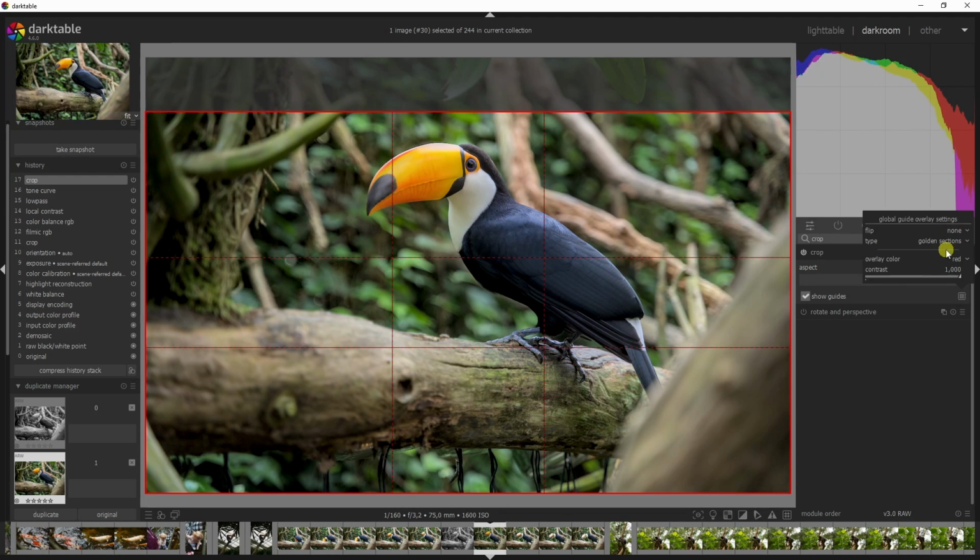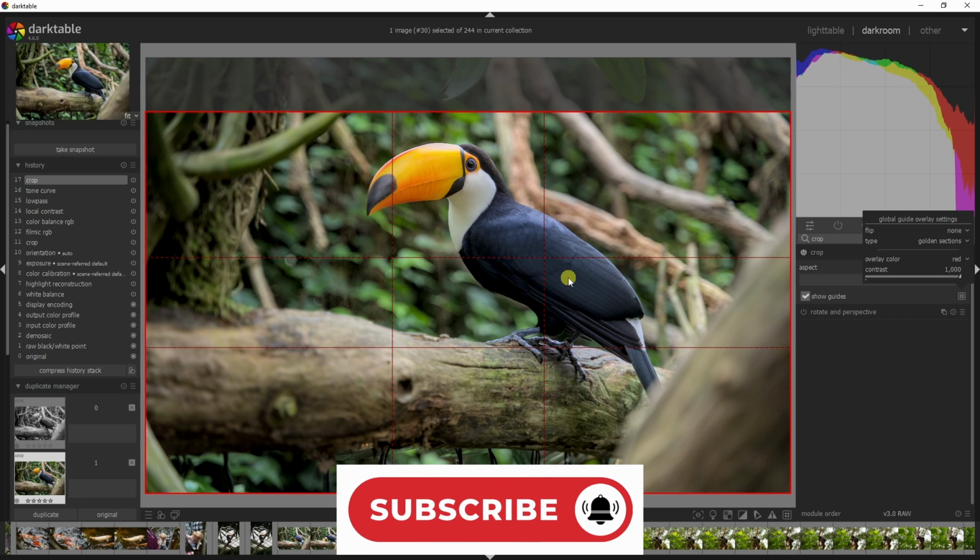And then the next one is golden sections, and that basically looks like the rule of thirds, and this method involves dividing the image using a grid that's based on the golden ratio. So approximately 1 to 1.618. And this ratio is believed to be aesthetically pleasing. The grid typically consists of two horizontal, here we go, and two vertical lines, dividing the image into 9 unequal sections. And by placing key elements of your photo along these lines or at their intersections,